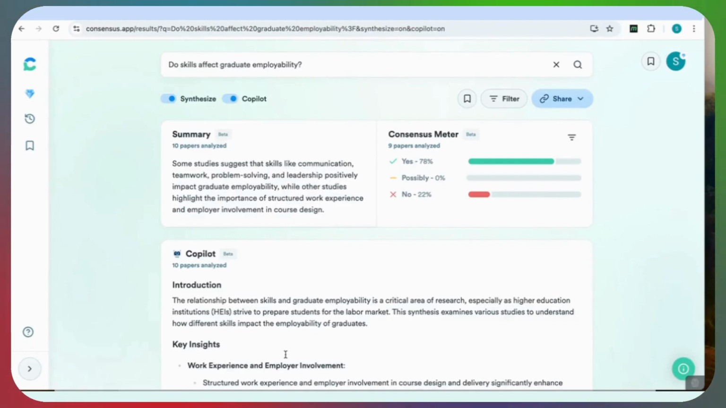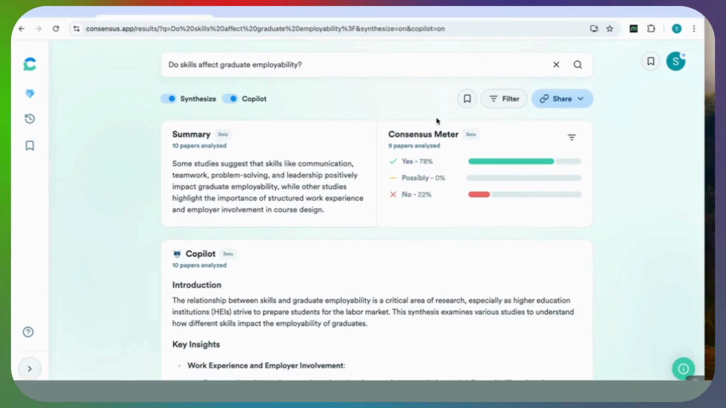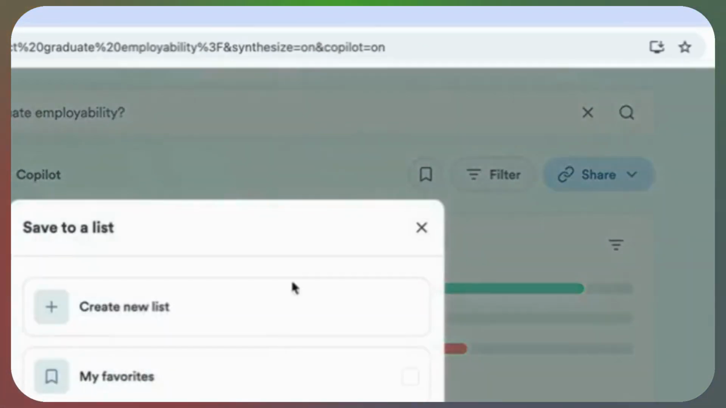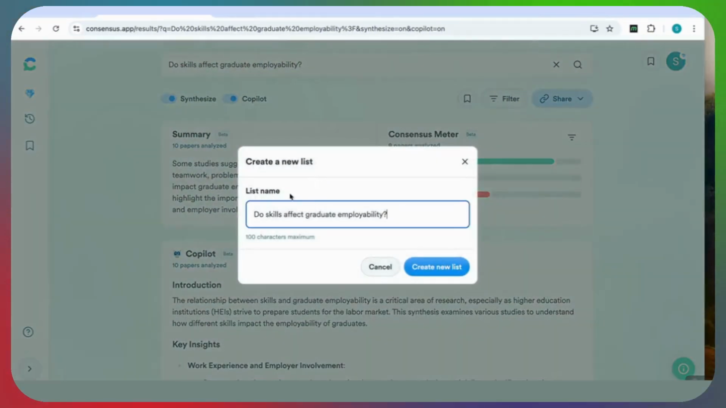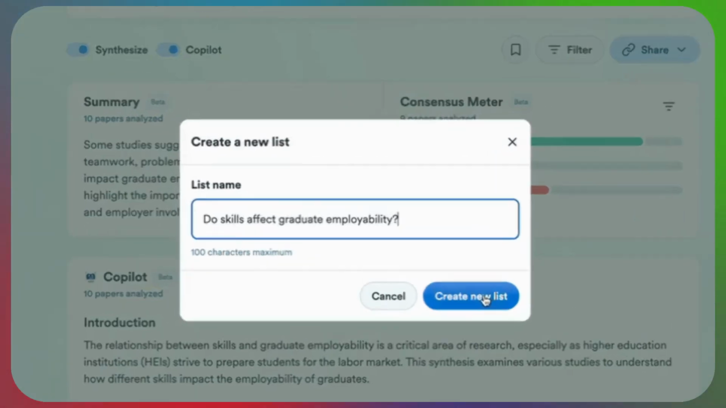Now, another thing that you can do with Consensus that is actually quite useful is that you have an option to save your references under a list. So for example, if I come up to this bookmark button, I can create a new list. And if you can see here, it's got the title of my search. So I can keep that, or I can change it to any name that I want. So I'm going to keep that, Do Skills Affect Graduate Employability, and I'm going to use that to create a